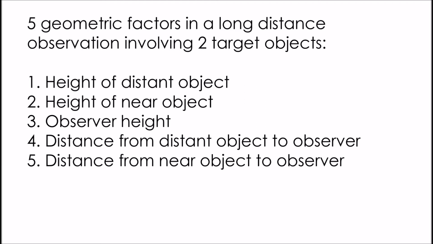These 5 factors, any of them can be varied. We can have the observer farther away. We can have the observer go higher. We could have a different distance between the 2 objects. We could have a different relationship, a different ratio of heights between any of these 3 objects, the observer and the 2 observed objects. So all these things can be changed, and in changing them in globe geometry,